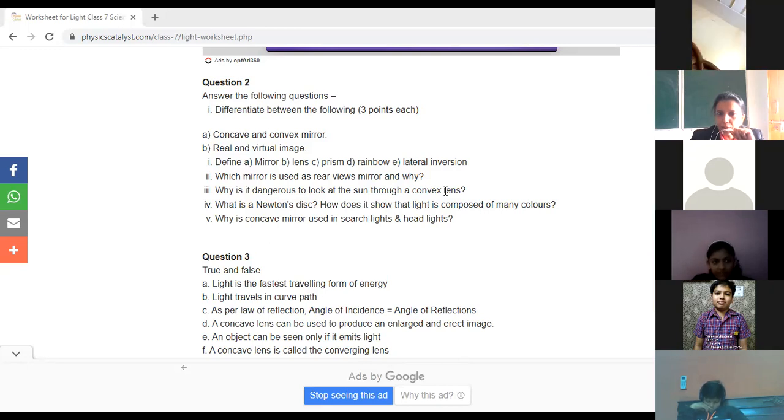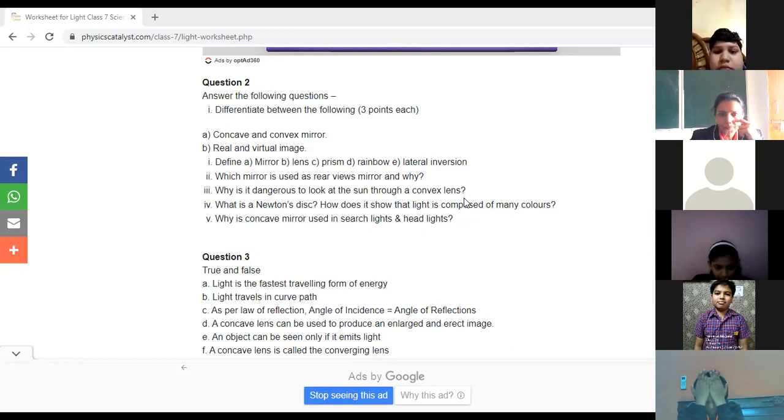I told you not to see through the convex lens. Some of the children used to do it. They focus the sun's light at a single point, and when they do so, the light is so bright that within a few seconds the paper can burn. That depends on the day; the sun should shine brightly.